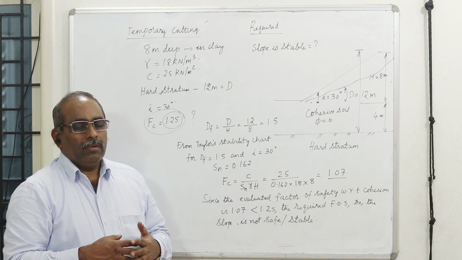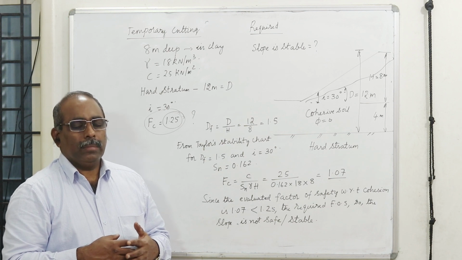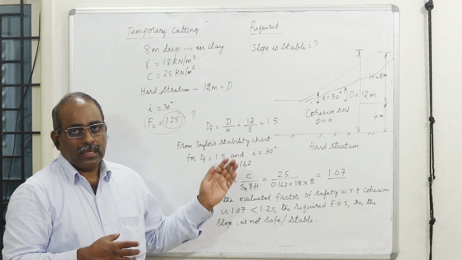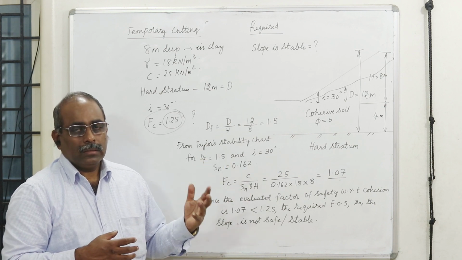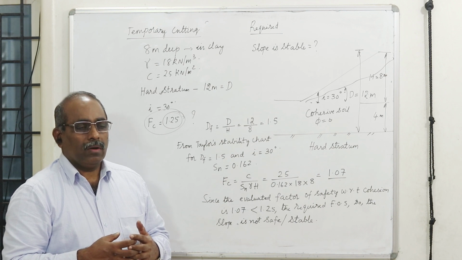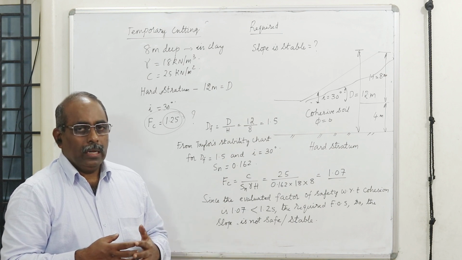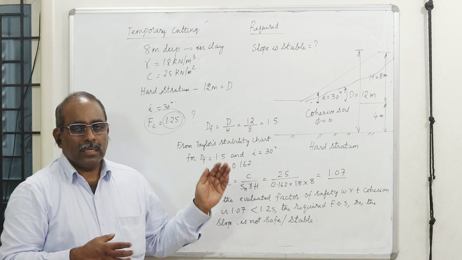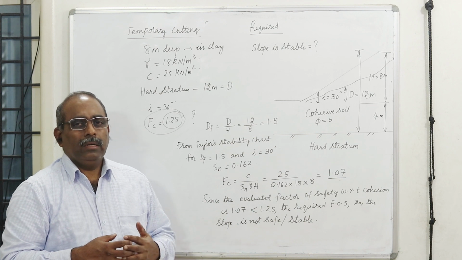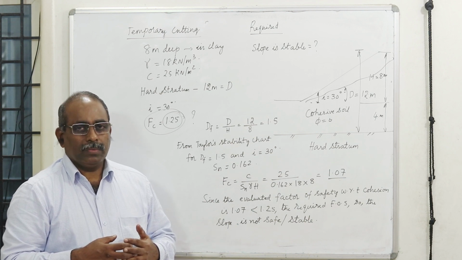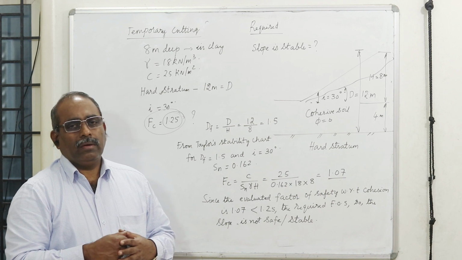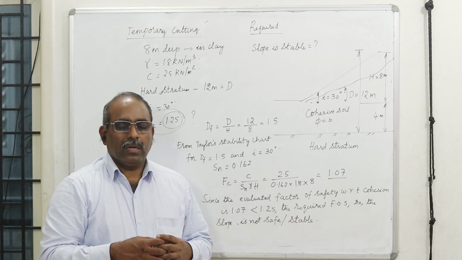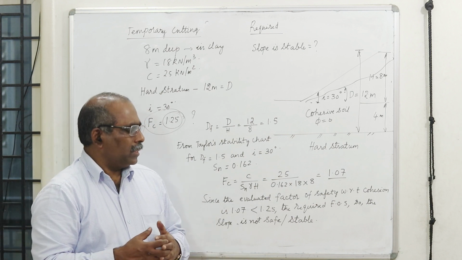We saw natural slopes and man-made slopes. And also we discussed what are infinite slopes and finite slopes. We have seen what are the factors that affect the stability of slopes, what are the causes for the slope to fail, and we have seen what is meant by factor of safety, what are limit equilibrium methods, what are the assumptions. Then we went to the different classifications of failure of slopes, how they are going to fail, whether it is a rotational slip failure or a compound slip failure or a translation failure or a wedge failure. We have seen all those classifications and details.